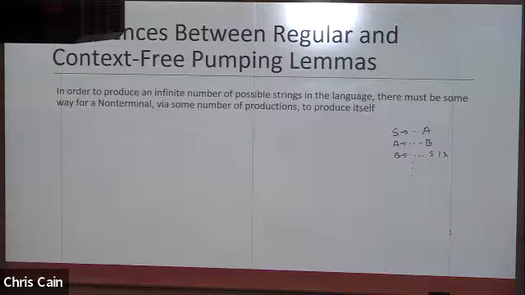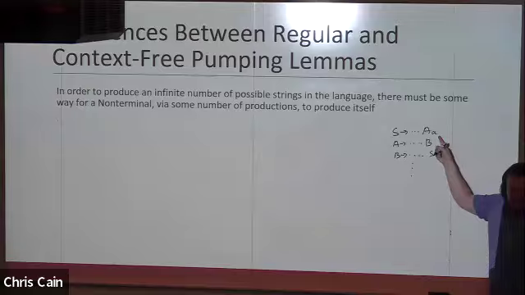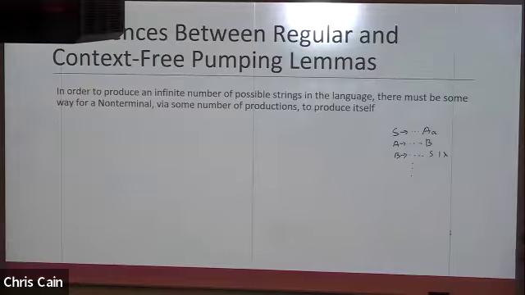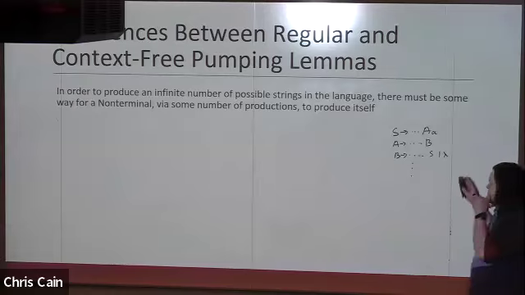Question? Would that still work if it was like S goes to A, with a little a, something like this, where you're adding characters? Does that still count? Yes. If we do this 0 times, then we haven't added this a at all. If we do it 1 time, we still have to get to the termination point. So we can add 1 a or 2 a's or 3 a's or 4 a's through this process. Yeah, we need at least 1 terminal in here in order to grow a language of some kind. But all we're going to focus on or care about are the non-terminals for the moment, because that tells us where the recursion is.